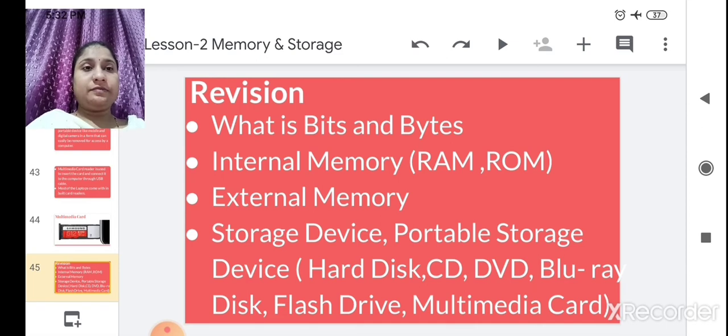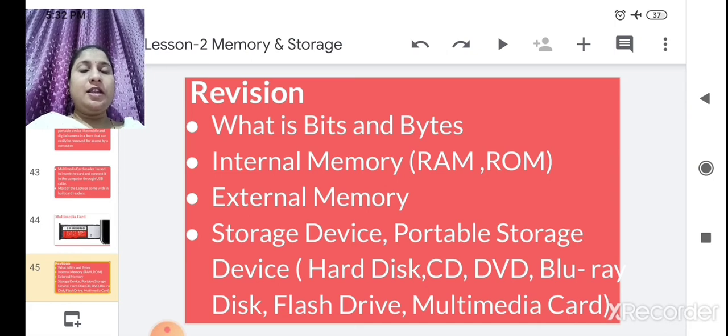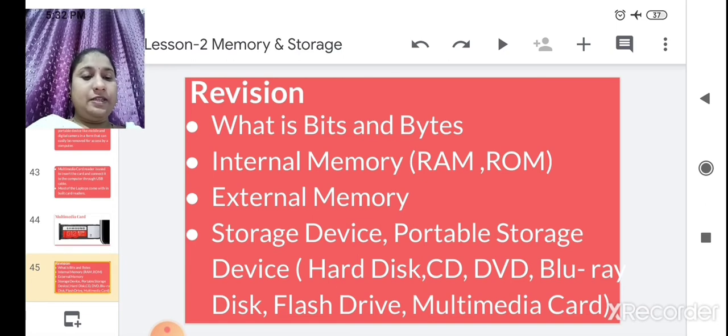RAM is random access memory. Whatever we write in the computer is stored only for that time. Once the computer is closed or power is cut off, whatever data is stored in RAM will be erased.